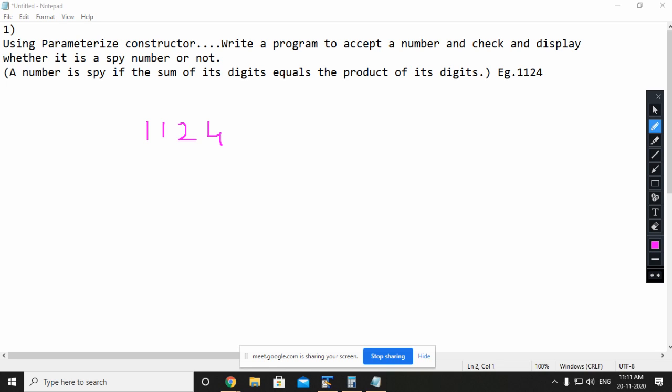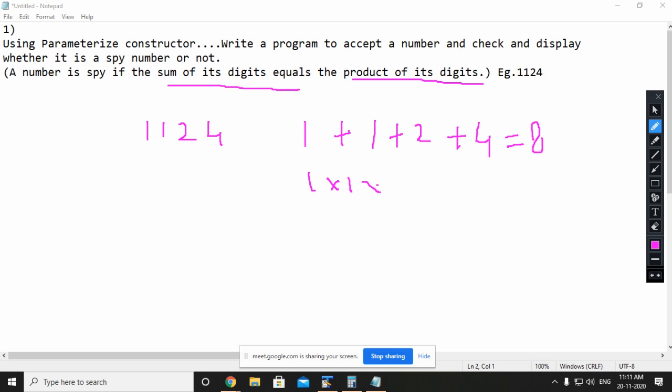A SPI number is a number in which the sum of its digits, that is 1 plus 1 plus 2 plus 4, that is 8, is equal to the product of its digits. So 1 into 1 into 2 into 4, that is 8. So 1124 is a SPI number. You need to check whether the number is a SPI number or not using the parameterized constructor.